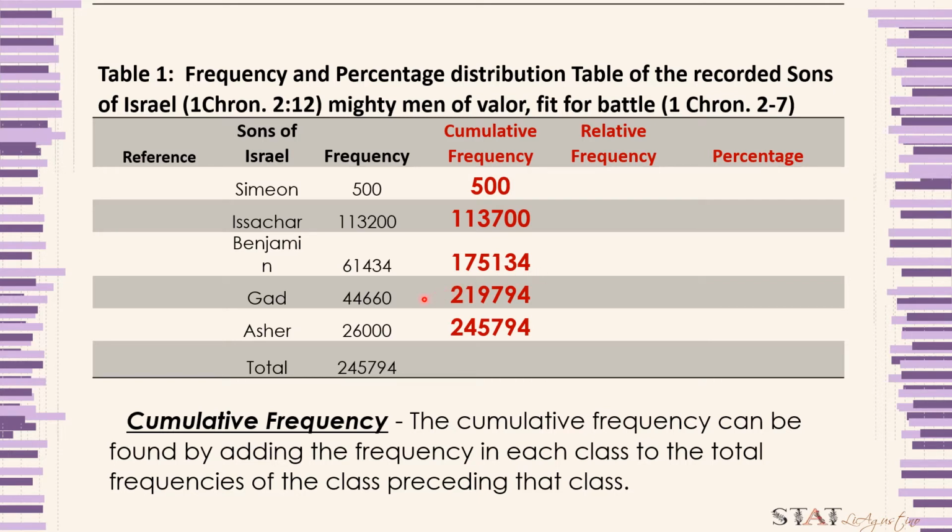Next, we add this same number to 44,660, which equals 219,794. And then 219,794 plus 26,000 is equal to